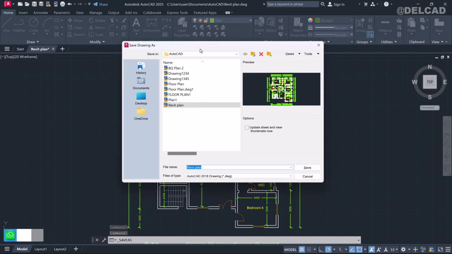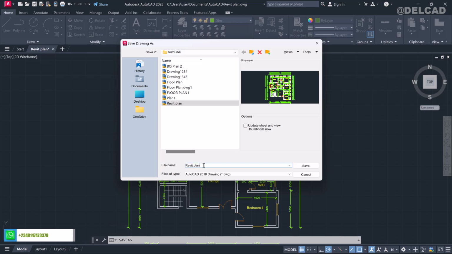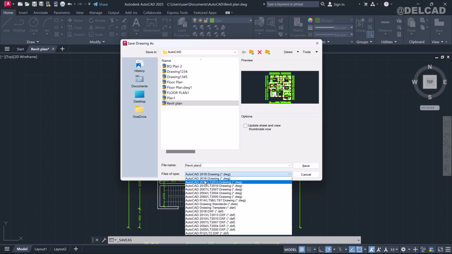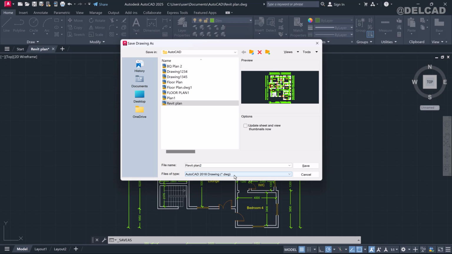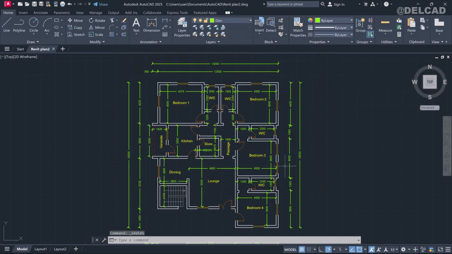So this opens the Save As dialog box, and I can name this. So I'm going to name this Revit Plan 2. And from the Files tab here, I make sure that this is set to AutoCAD 2018 drawings in DWG format. Okay, so you can also use DXF, but for the recommended settings it is DWG, since we are exporting this as a drawing. So when that is done, you go ahead and click on Save,